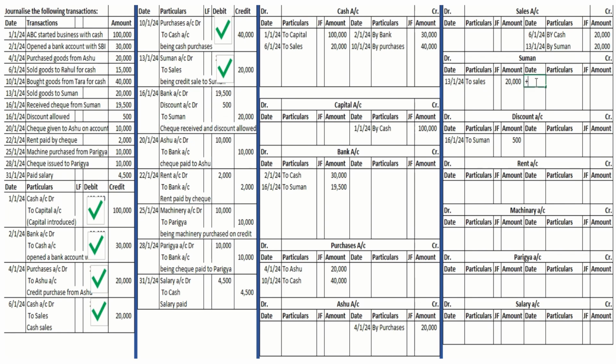Now Suman account, we need to record two entries. First one, by bank 19,500. Next one, by discount 500. 20,000 was the debit amount we needed to receive, and we received 19,500. 500 they gave us as discount. Next entry is